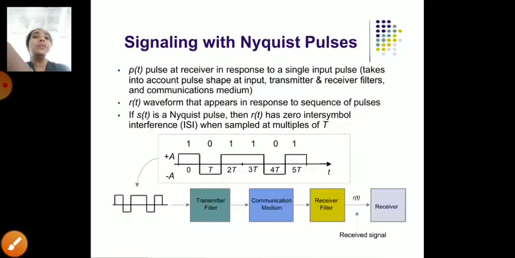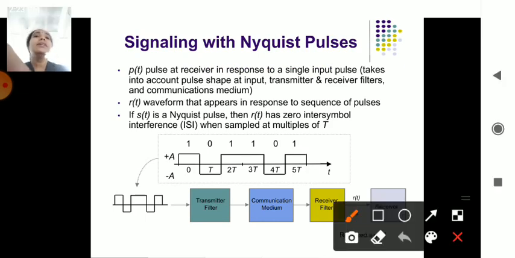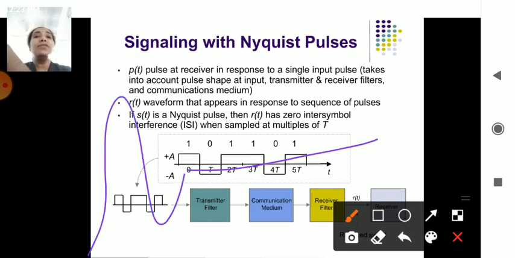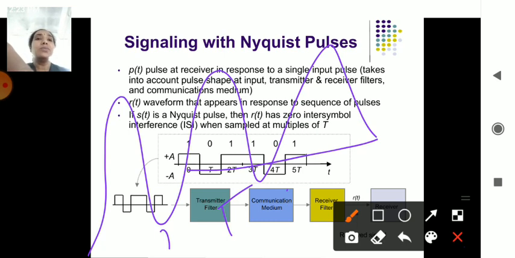In the Nyquist pulse shape, another section we will be learning is that each and every time when you calculate the signals when they are transferred, those signals have to be sent and received in some format. It will be in formats where it calculates the times, the number of seconds, 0, T, 2T, 3T, 4T. When the signal is in the wave format, it will be in that format. And you all know which mediums are used when it is being transferred. It will be represented with its own representation symbols.